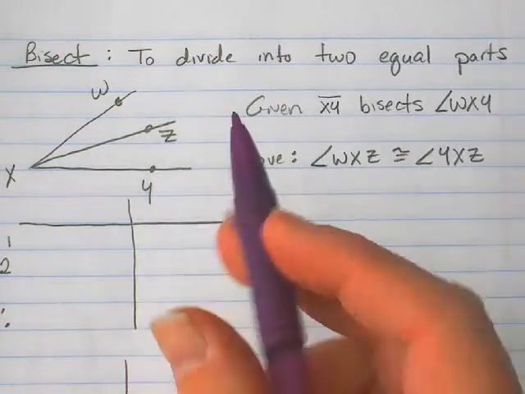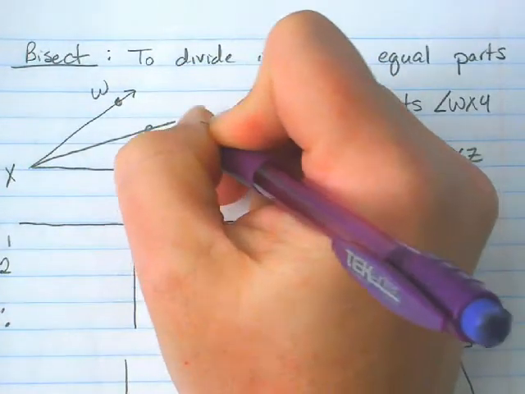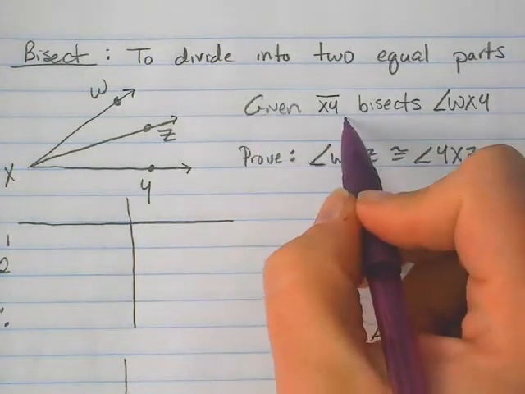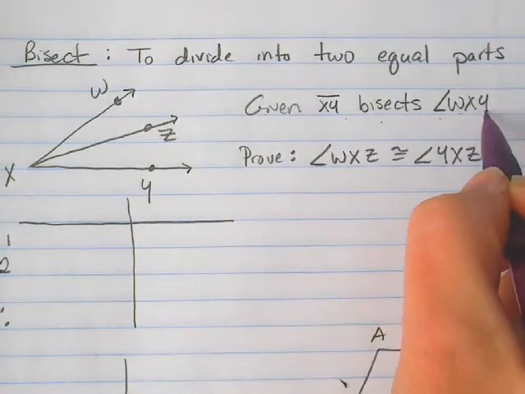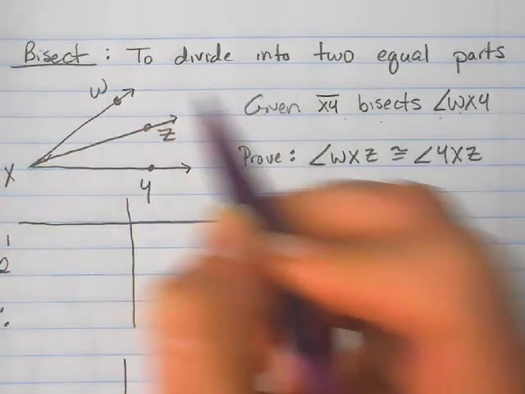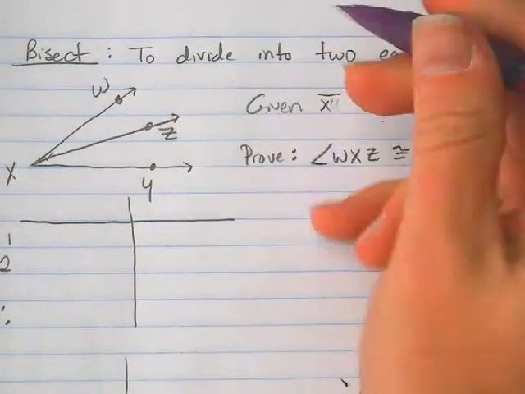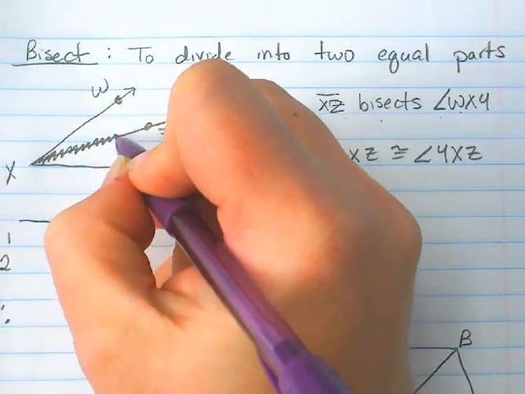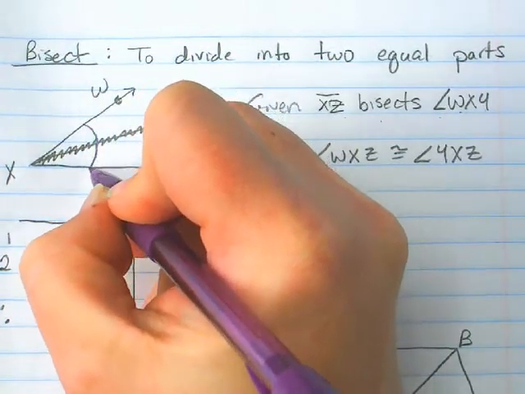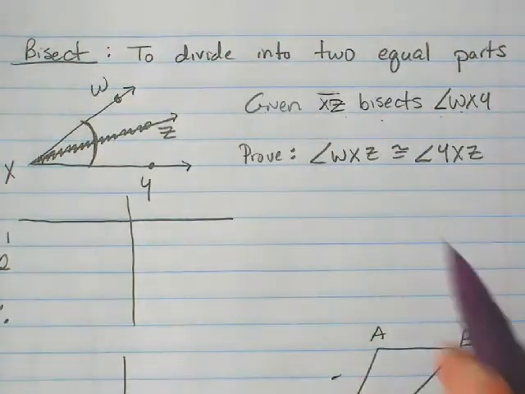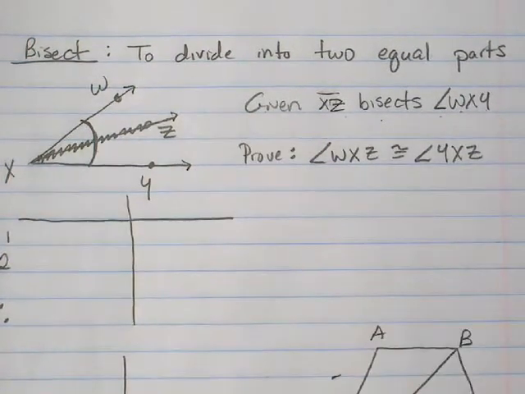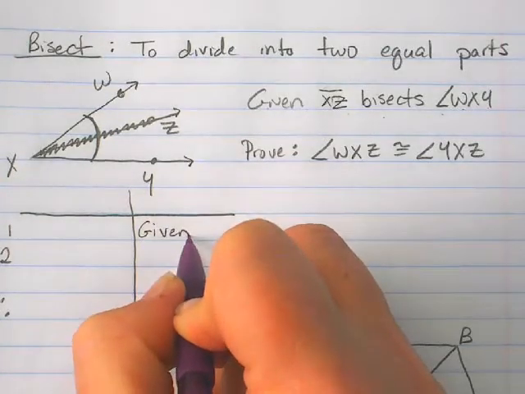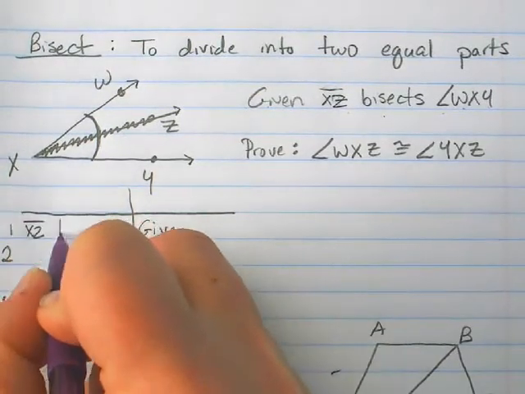I have an angle that is split with a ray. I am given that XY bisects WXY. Whoa, bad, Miss Meyer. That's XZ. There we go. XZ bisects WXY. I need to prove that these two angles are congruent. The first thing I do, of course, is write my given. XZ bisects